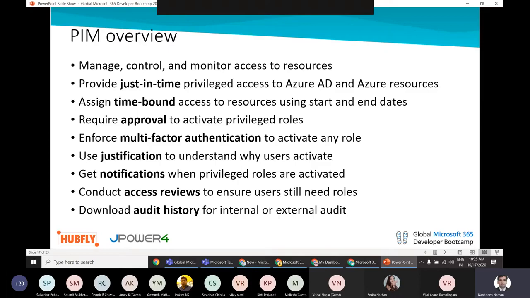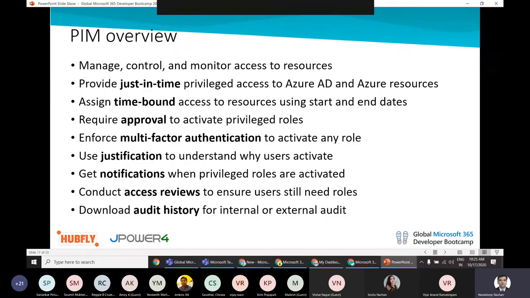We want to reduce that risk so that no unauthenticated user is able to reach that resource, and even an authenticated user has no chance to leak any of the data or resources inside your Office 365 apps and services.